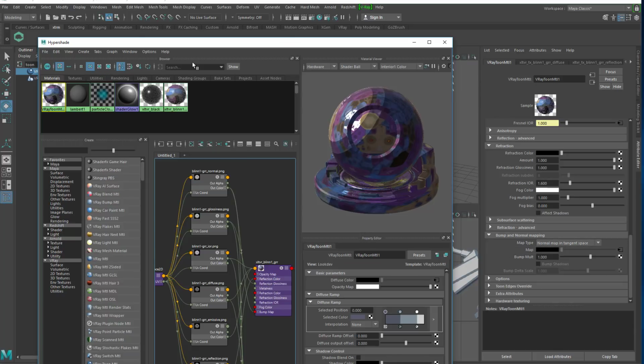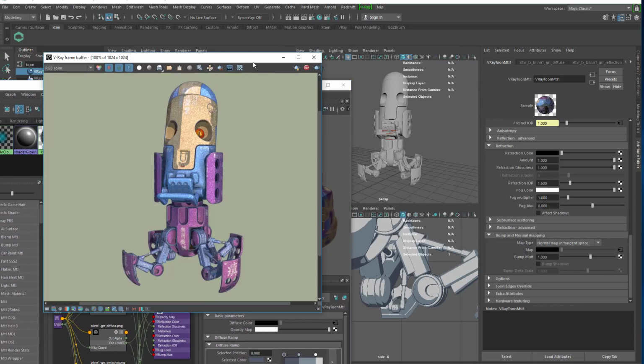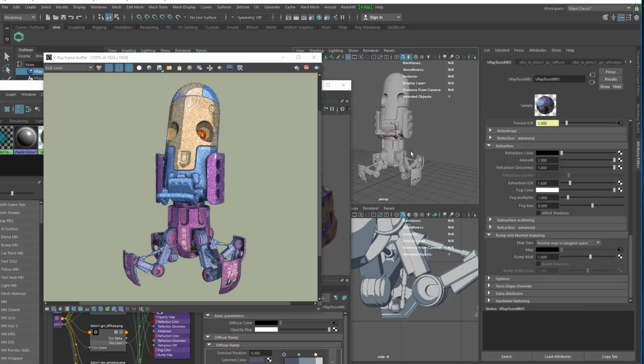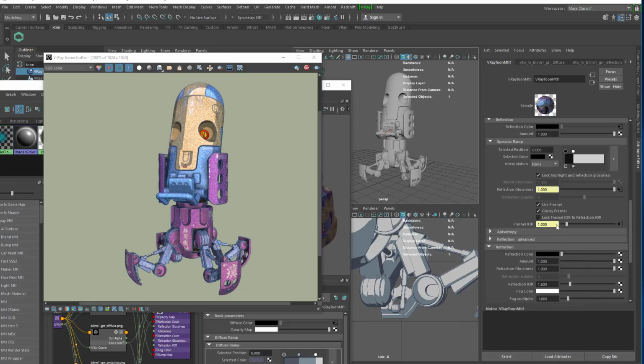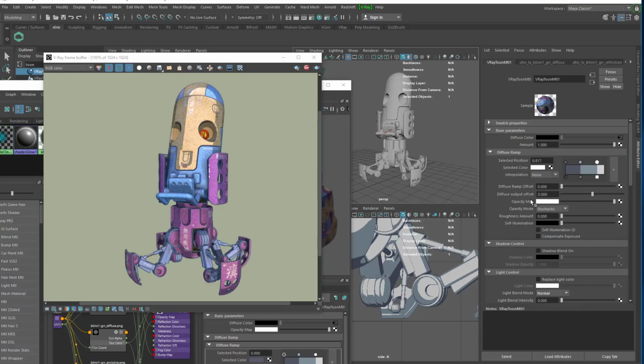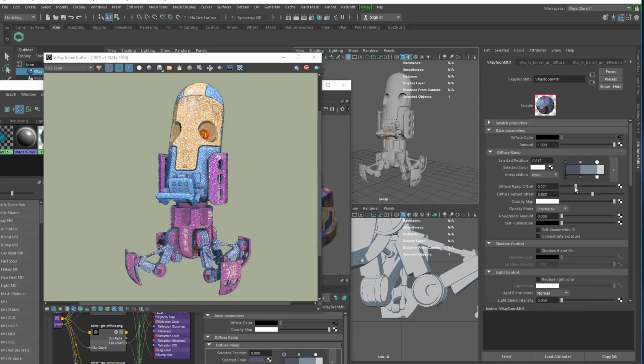Now if I look at my IPR, this is what I got. So far so good. I have a little bit of reflection going on, you can see it there. Now if I go back to my material and look at my diffuse ramp offset, you see I can crank those values a little bit. I can also crank